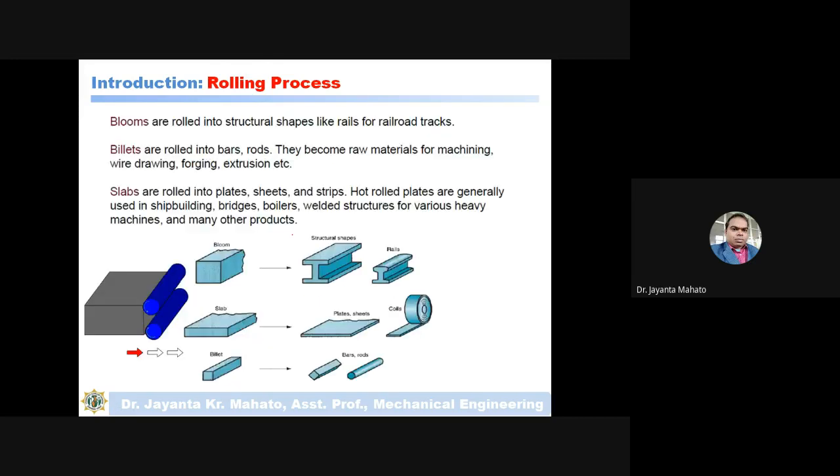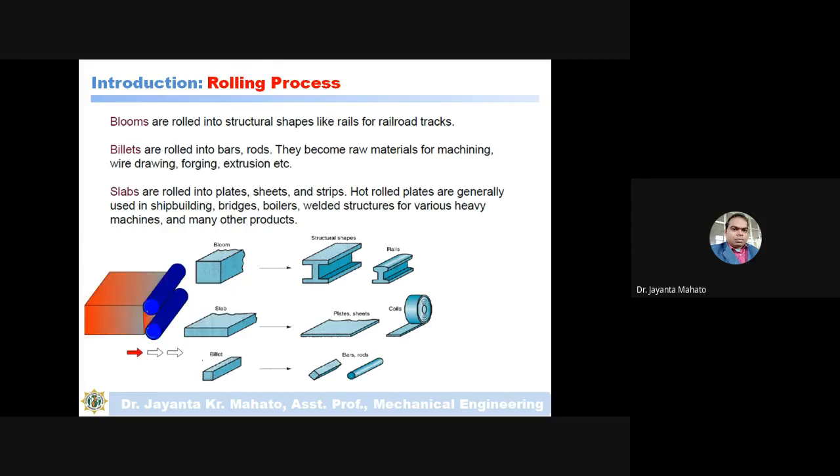So just see here, bloom means the raw material is in box size, meaning the width, height and thickness of the material are large. That type of material is called a bloom. A billet is not as thick a material.